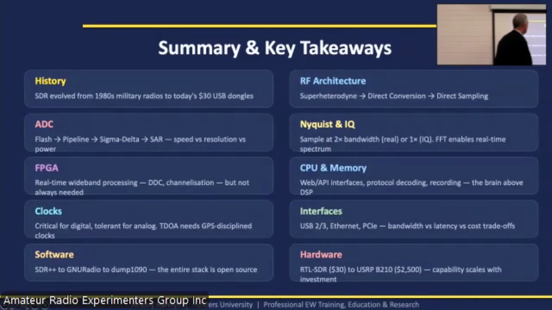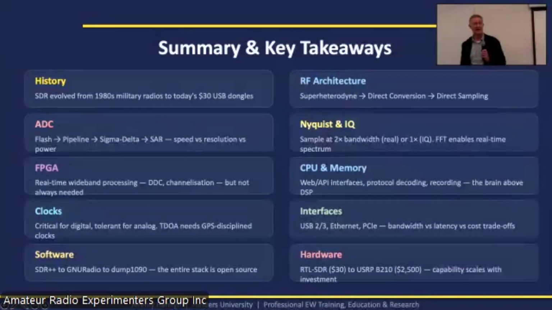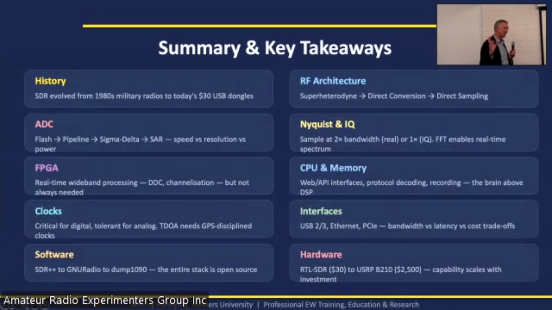Nyquist and IQ. Most of the people I tell that IQ does not have the Nyquist limitations don't understand that IQ is totally different. So it's the same amount of data, but it's done at a slower rate. And as it's half the rate, and your cost on your D to A tends to be associated with the speed at which it's doing its conversions, the IQ has the advantage.